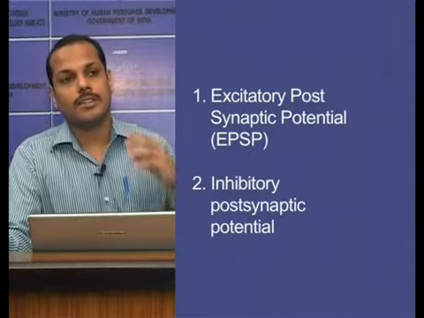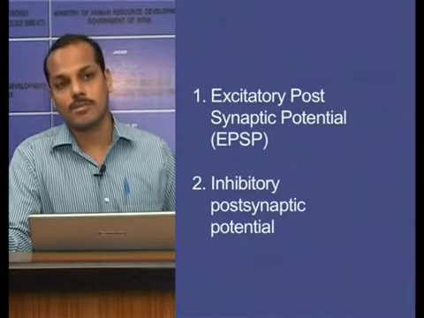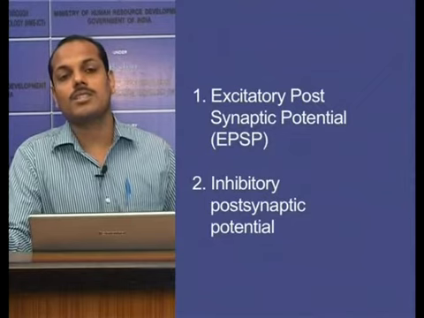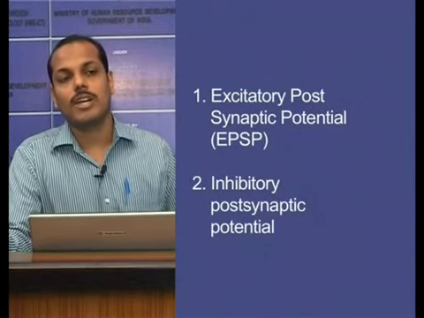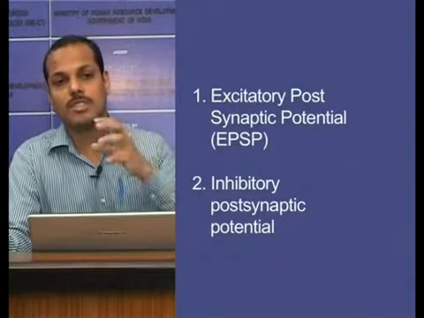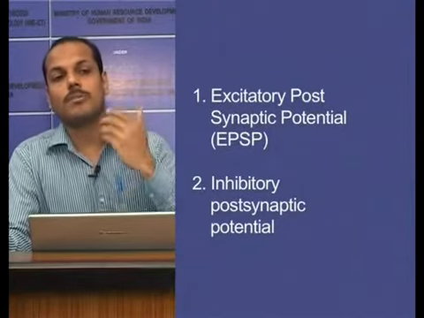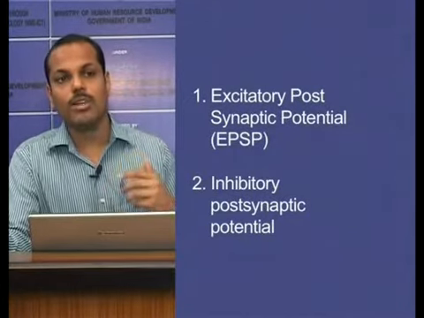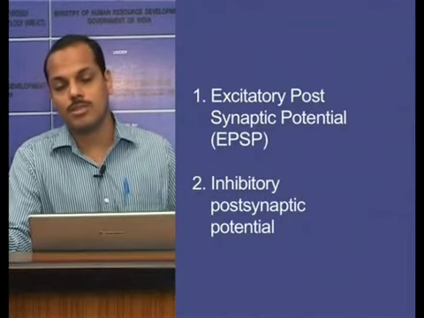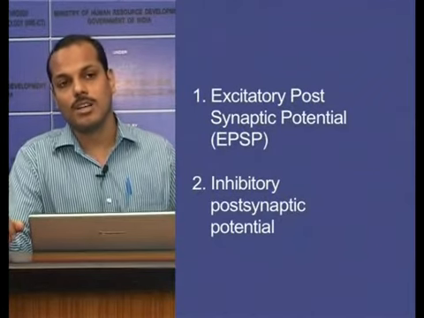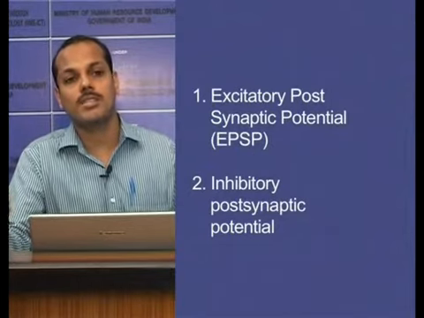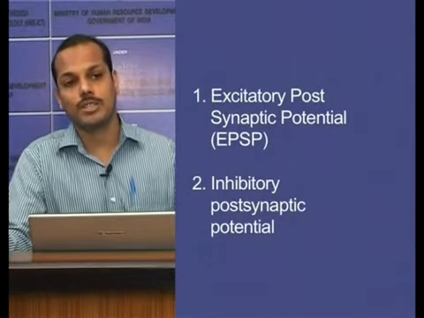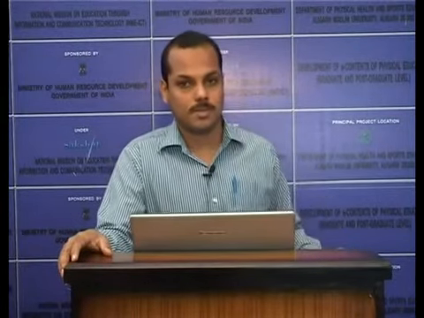If an excitatory chemical is transmitted, excitatory postsynaptic potential develops. When the excitatory postsynaptic potential has sufficient strength, the postsynaptic membrane is sufficiently stimulated and develops an action potential. Now, if the chemical transmitter is inhibitory, the postsynaptic membrane is hyperpolarized and resistant to the stimulus, and there is no propagation of action potential. So, this is the way information is transmitted through the synapses. Thank you.